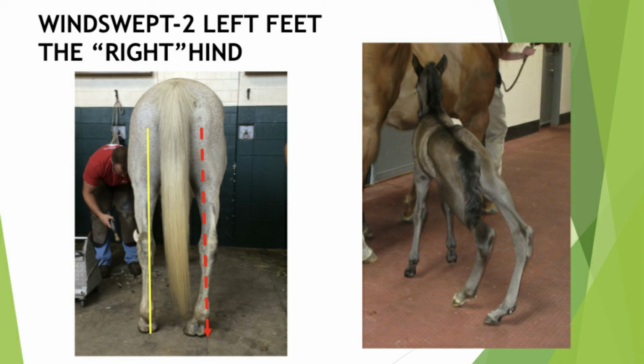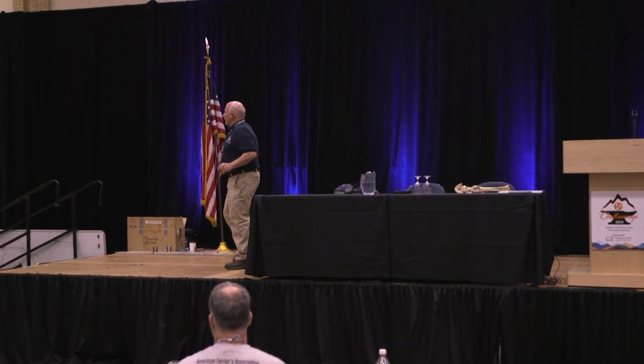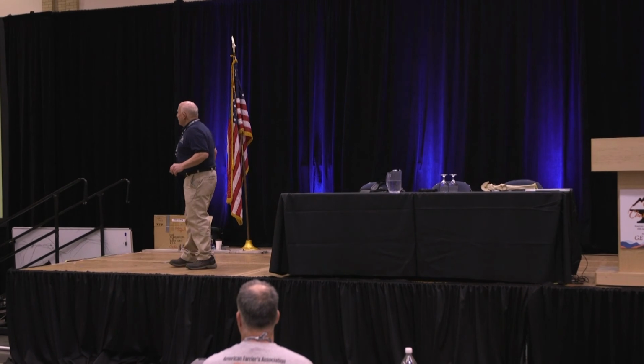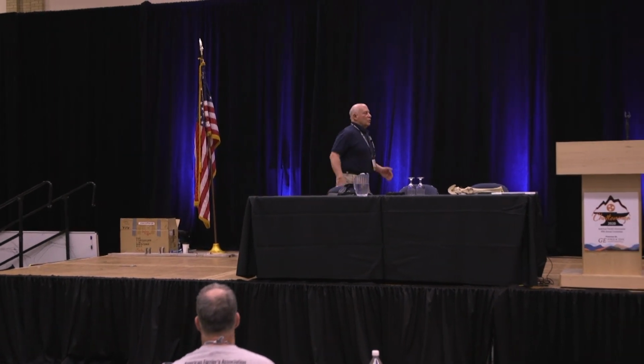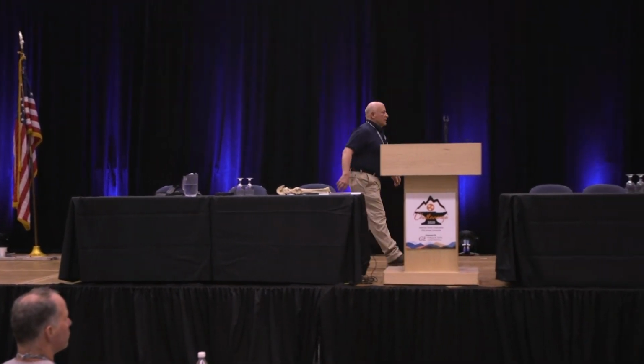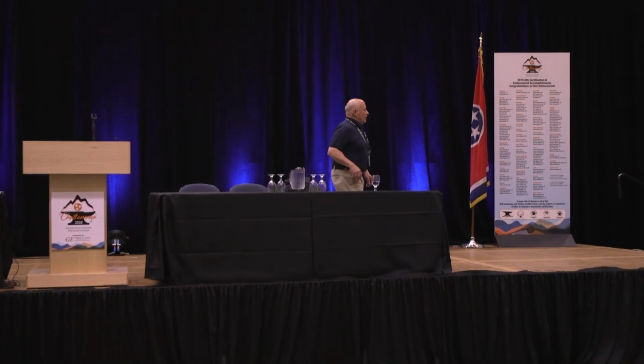But we see a lot of these, and if you look at the red dotted line over there, that's the side that the horse doesn't like to have flexed. That's the side that's going to have the problems. If he's a dressage horse, he's going to have lousy scores going to the right. If he's a polo horse or a reining horse, he can't do things going to the right. Might make a good trail horse, but is not a performance horse. And you have to shoe each foot differently on these. So next,